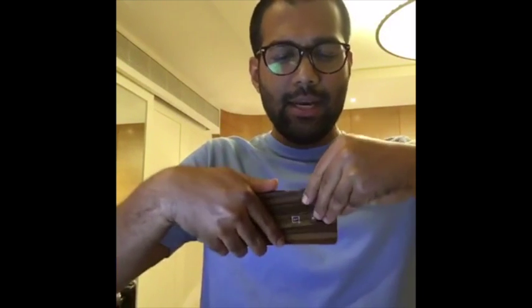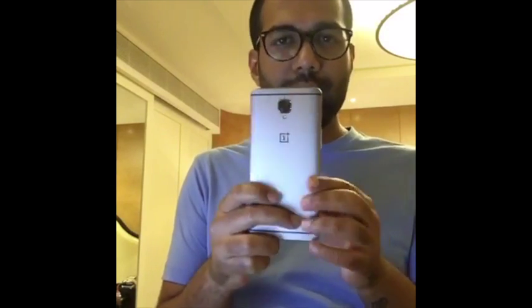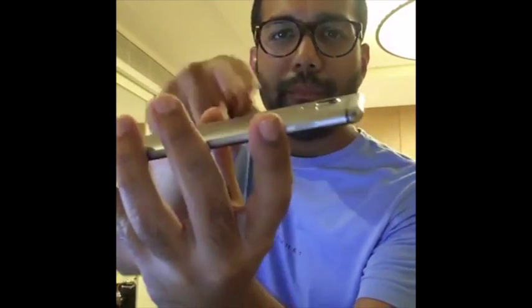Okay, now wait a second, I've got to take this out because this is not what the phone looks like. I've put on a protective case, and the phone is actually one good looking fella. It's a beautiful design. It's gorgeous. A lot of people online I've seen are complaining about the camera being a raised surface, but you see how it's standing out. But it doesn't really matter because most people are going to put a protective case, which I